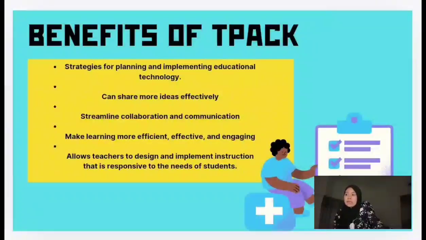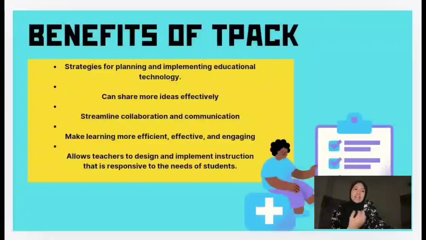It can build more bonding between students, because nowadays with technology such as the WhatsApp platform or any editing tools, we can use the platform together online with our friends, and we can also add our educator, our teacher,